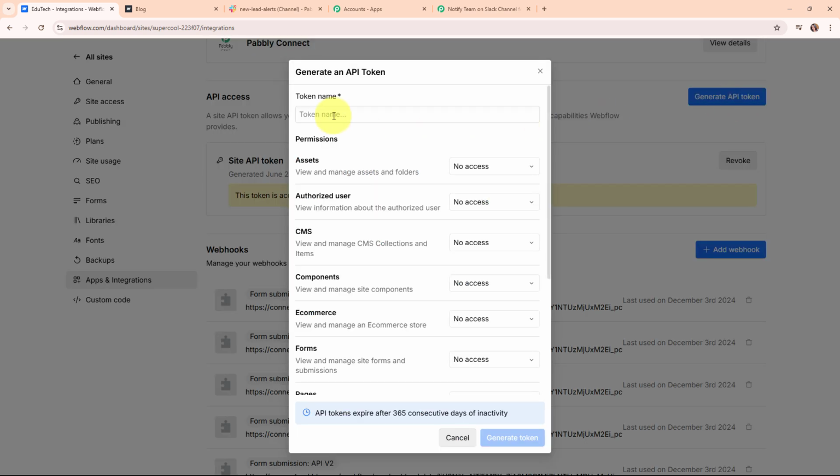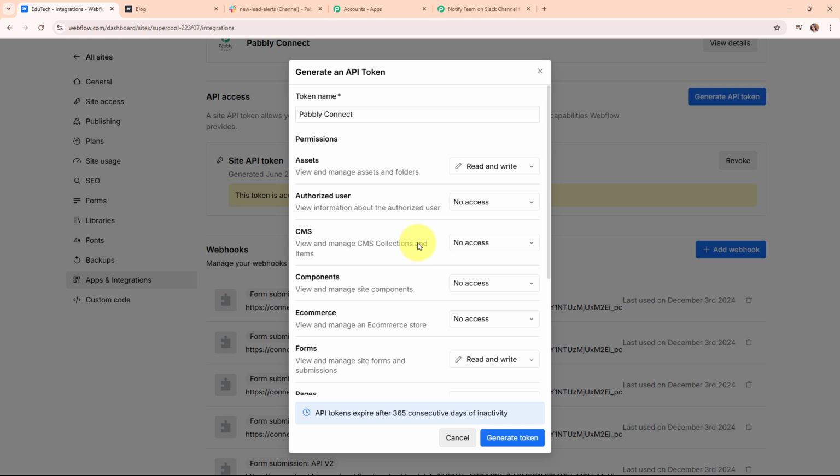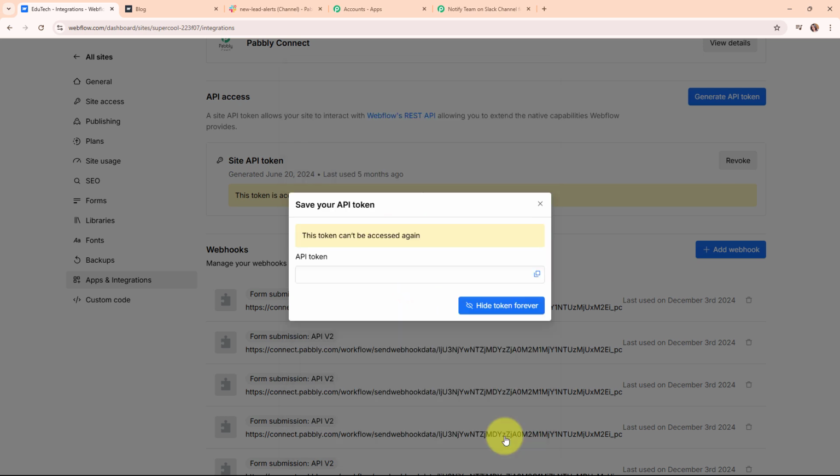And then here it is asking me to give a name to my token. So here I'm going to give the name as Pabbly Connect. This is my token name, and then here for the permissions, I'm going to give some permissions to generate this API token. So for that, here for the assets, I'm going to select read and write for the assets, scrolling little down. Here for the forms, I'm going to select read and write, pages as read and write, and sites as read and write. So here I've selected the permissions as per my need. You can select the permissions as per your need. So now here after selecting some specific permissions, I'm going to click on this generate token given over here,